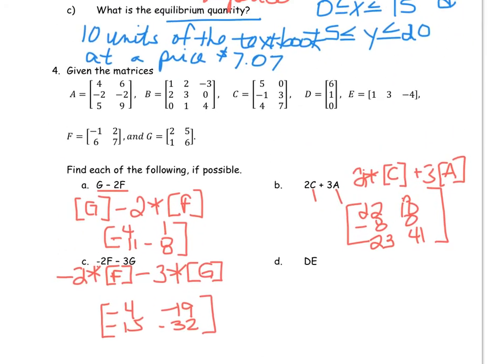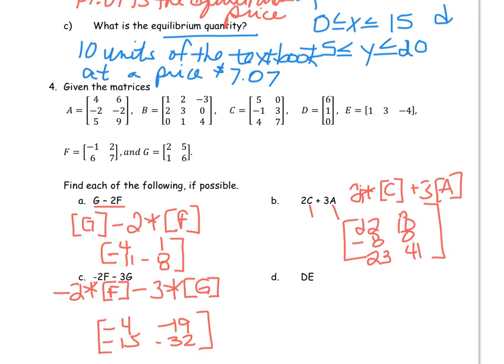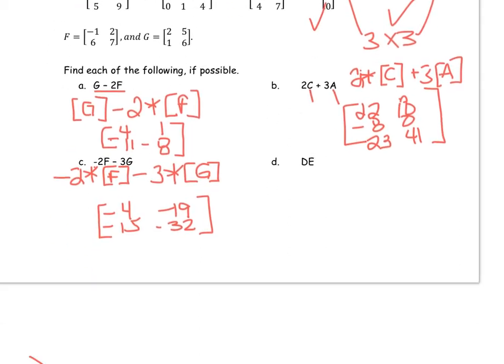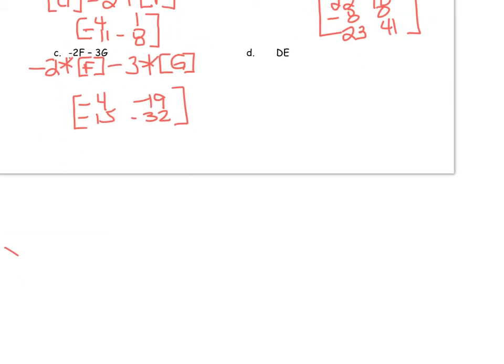so here for DE, what we need to look at is matrix D and matrix E, and we see that matrix D is a 3 by 1. And matrix E is a 1 by 3. And since our inner dimensions match, that means that our product matrix is going to be a 3 by 3. So when we multiply D times E and we get the resulting matrix, it shouldn't be a great surprise that it actually does come out to be a 3 by 3 matrix, and that matrix is